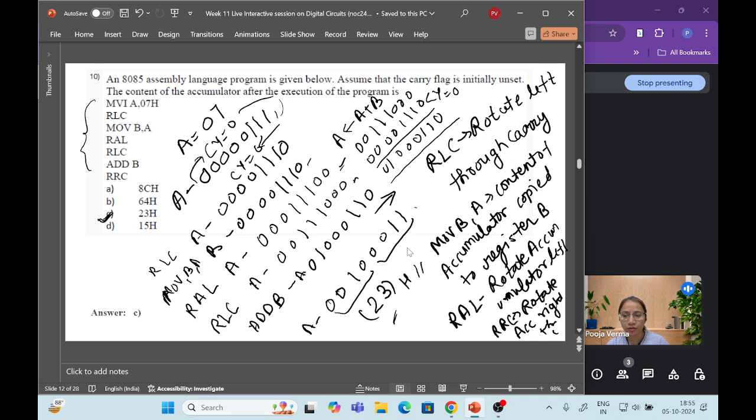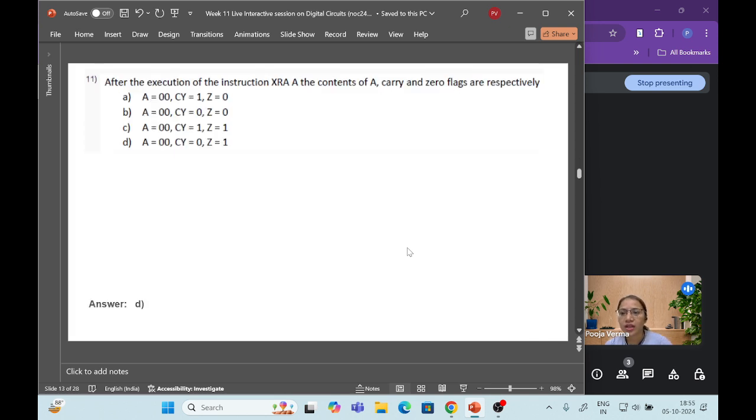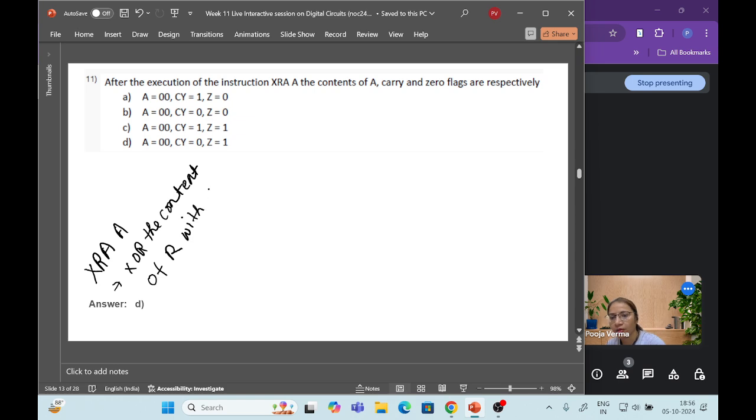Okay. So moving to the next question. After the execution of the instruction XRA A, the content of A, carry and zero flags are respectively what? So what is the XRA operation? XRA instruction, XRA A. What does it mean? It means XOR the content of R with the accumulator,